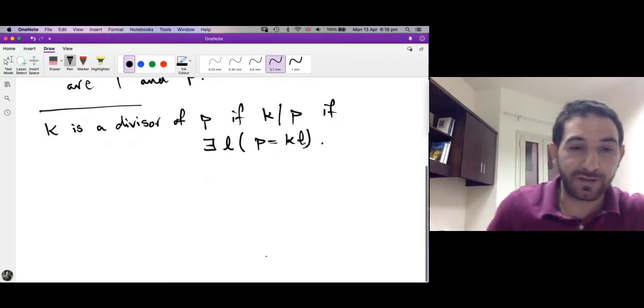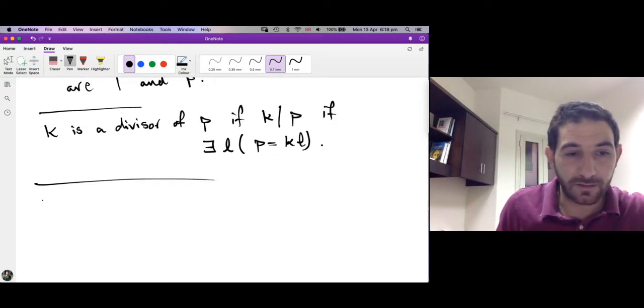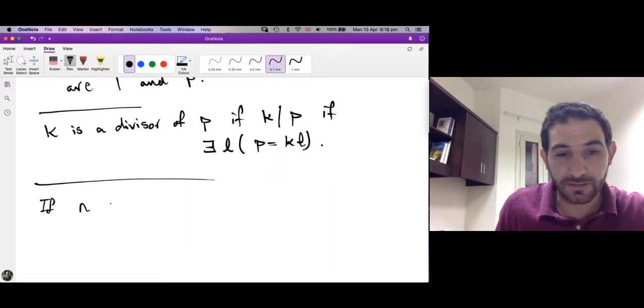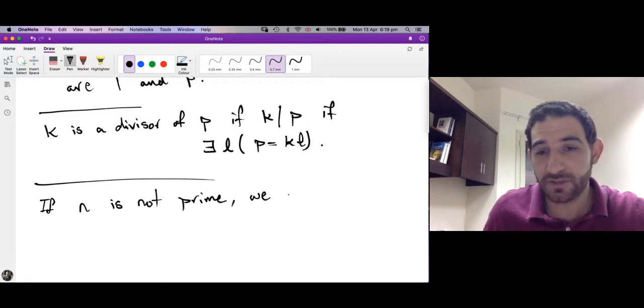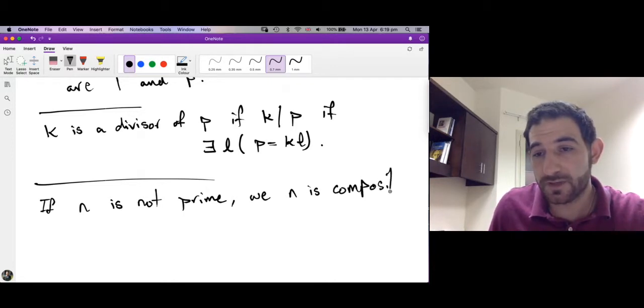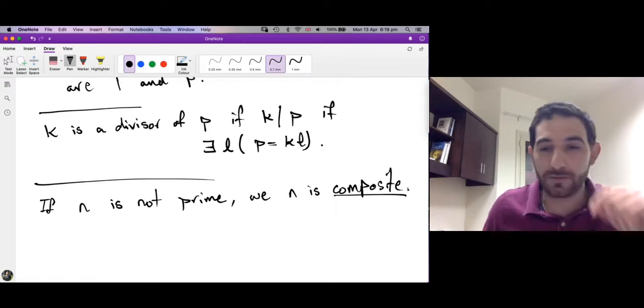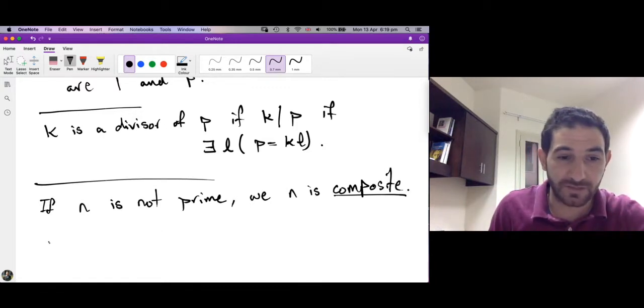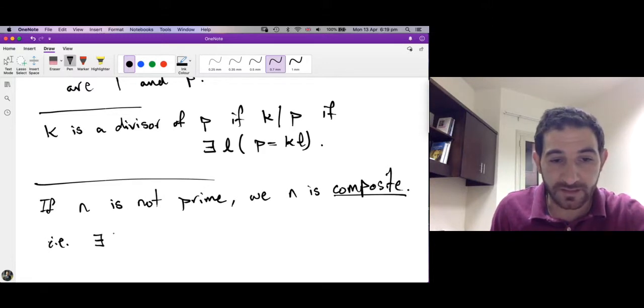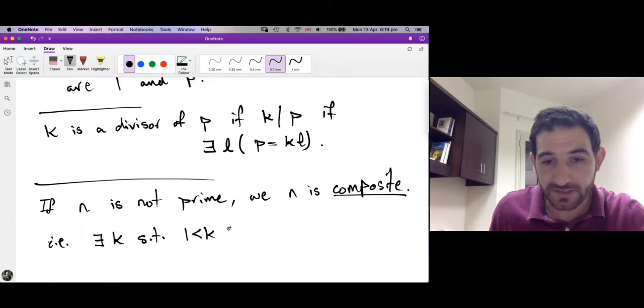Okay, now if an integer n is not prime, we say n is a composite number. We say n is composite. Okay, let's break it down. What does it mean to be not prime? It means n has a divisor which is not 1 or itself. So n is composite, i.e. there exists an integer k such that k is strictly bigger than 1 and strictly less than n,